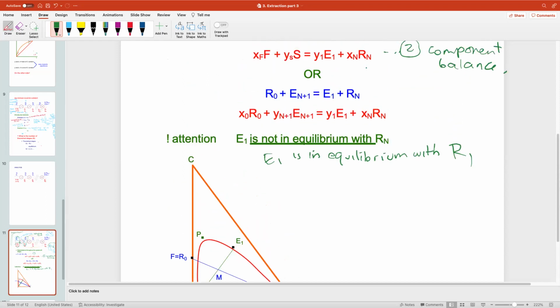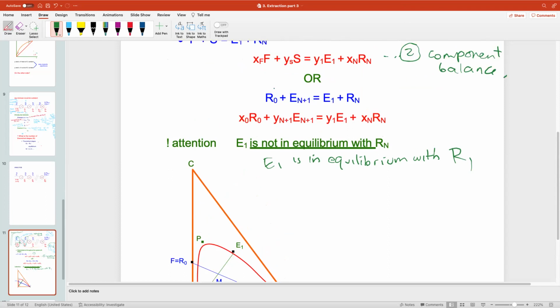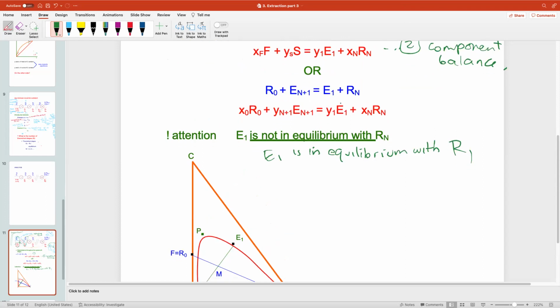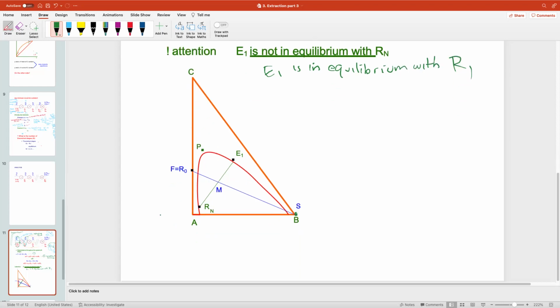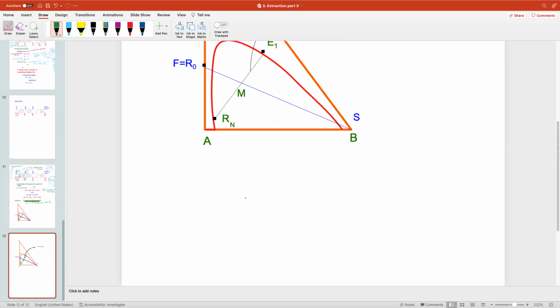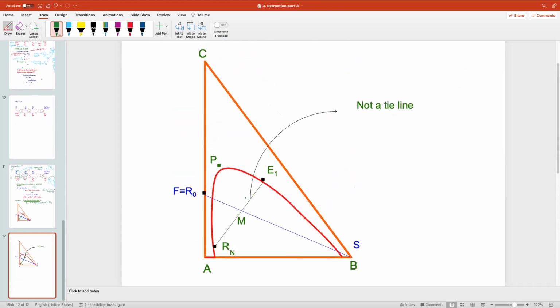But because it is a mass balance, if we add R0 plus En plus 1, it would be equal to E1 plus Rn. So R0 plus En plus 1 is equal to E1 plus Rn. Now the next step, and this one is not a tie line. Now the next problem is how to get the